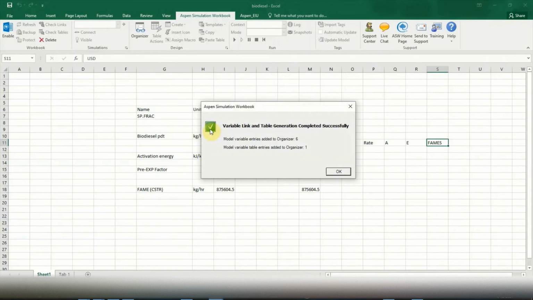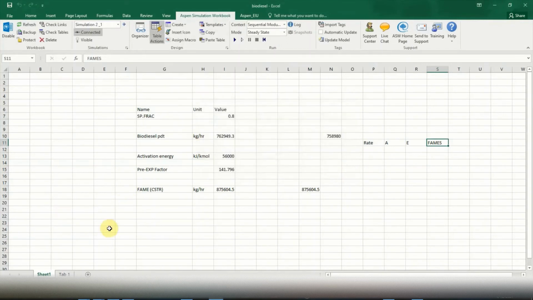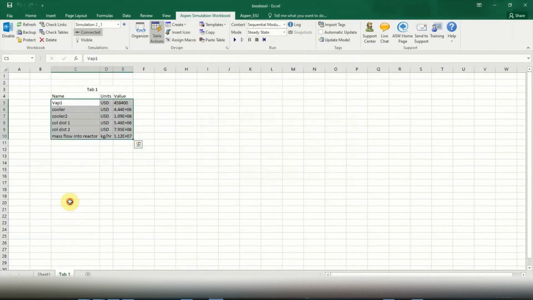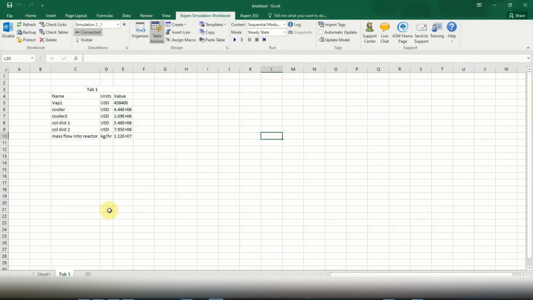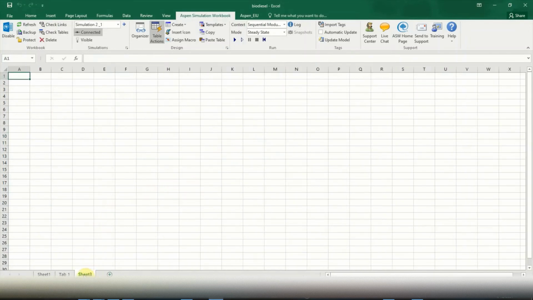So now it's linked. It says variable table generation completely linked. Once you get that, that's the best information you can get. And once you click on it, you should see a tab open here that tells you that it's properly linked. So what I do is that I open another tab and I call it equipment,